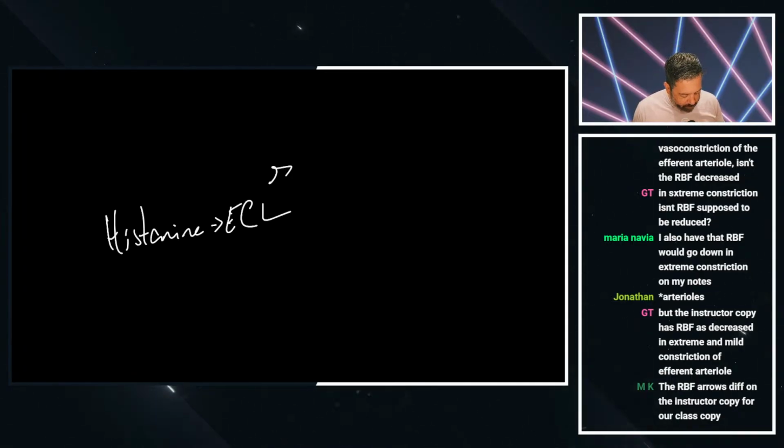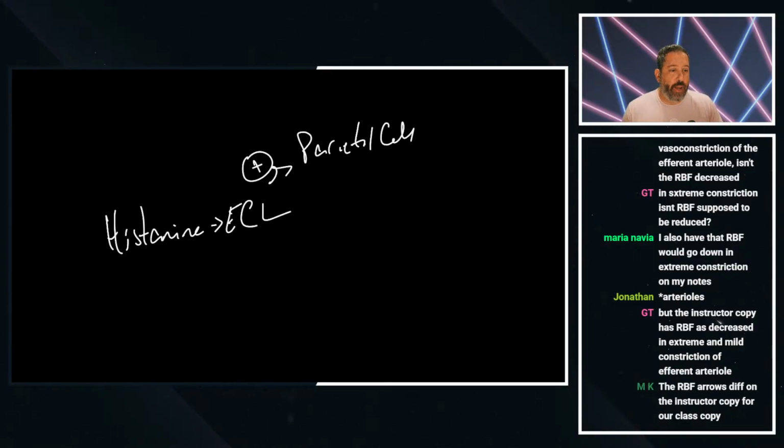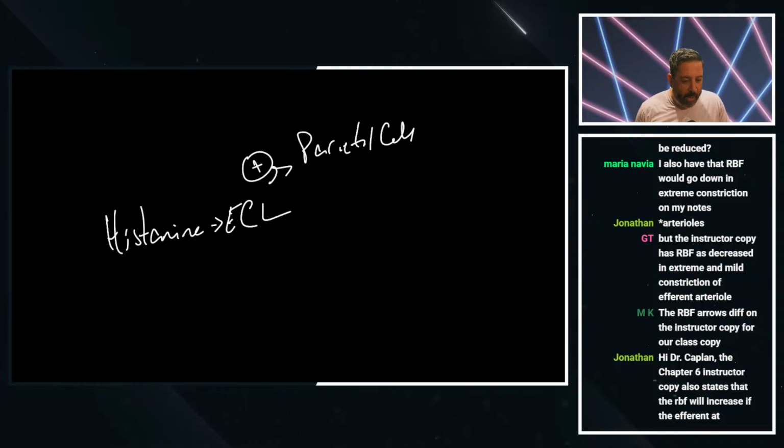The parietal cell. So histamine has a direct effect on the parietal cell to make more gastric acid. And that's the role of histamine. Mast cells create it, but